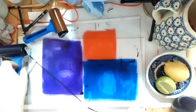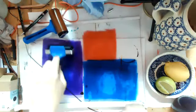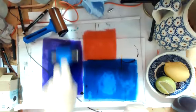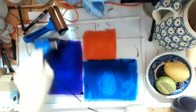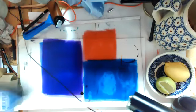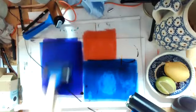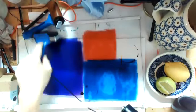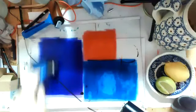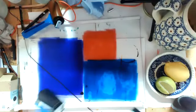So my first thing I want to do is roll out the, oh, I'm using blue, never mind, now I'm mixing blue and purple, but that's okay. So I'm going to roll the ink back out, this purple, re-roll it. I've done it with the blue roller, so it's going to be a very bluish purple now. With purple, bring it back to being a bit more purple. So it's going to be a different colour, and then I'm going to pause the video while I go and